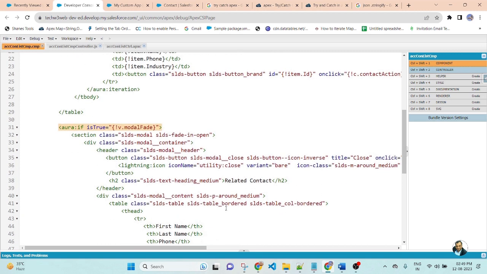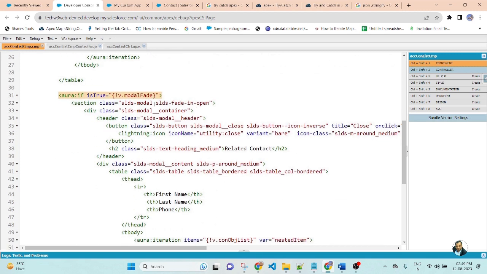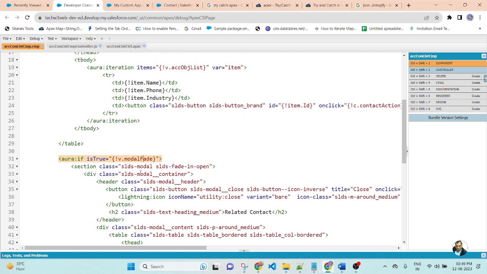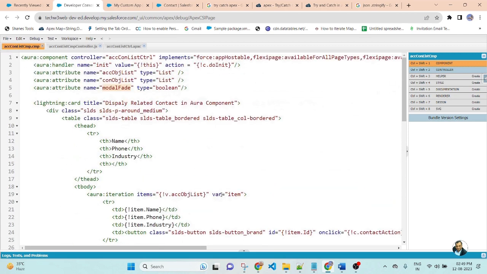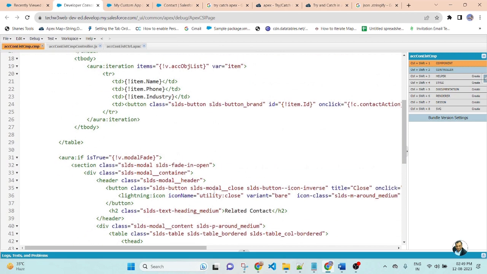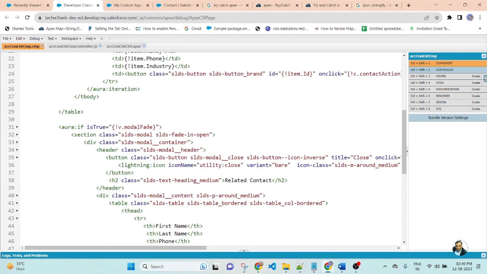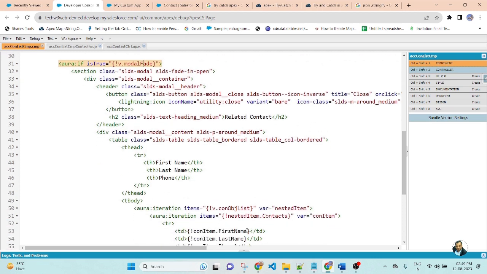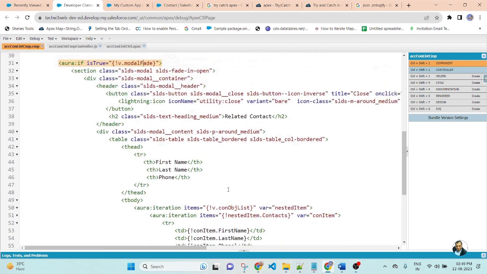In the second section there is the part of the modal pop-up. I created a model attribute, which is a boolean type. Whenever this attribute becomes true, then this modal pop-up will be visible, and inside the modal pop-up I am displaying the related list of contact.